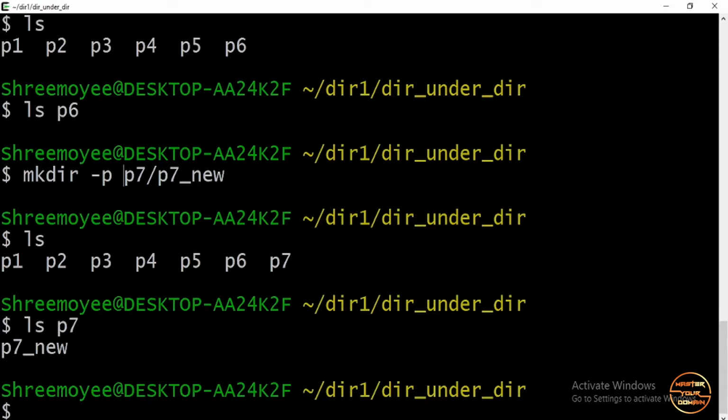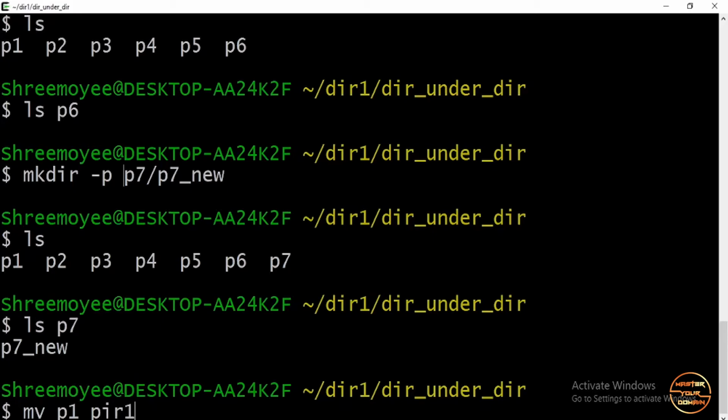So we have learned how to make new directories, and now let's talk about renaming the directories. So suppose I have p1 and I want to change the name of p1 to pir1. For that, the command is mv, which generally means move. Now what I want to move, that is p1 with pir1.